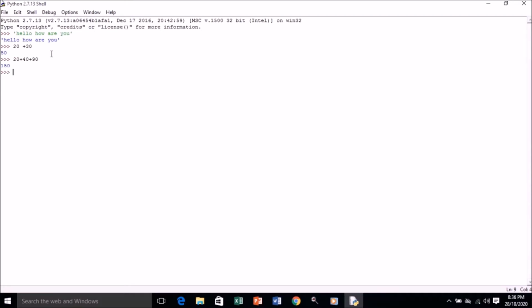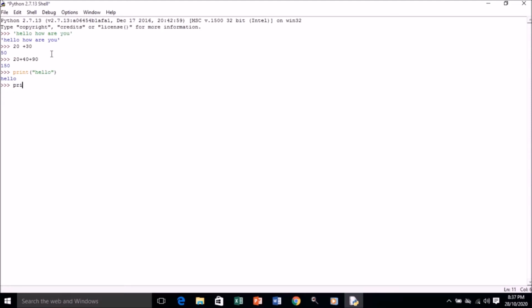It's calculating for you. Next we will understand the print function. We'll use print here, and we'll use the opening and closing parentheses, inside this double quotation, and inside the double quotation I'll be writing here hello. And let's see what comes out. So we got the output, that is hello. Whatever you type inside the double quotation will be displayed as an output.